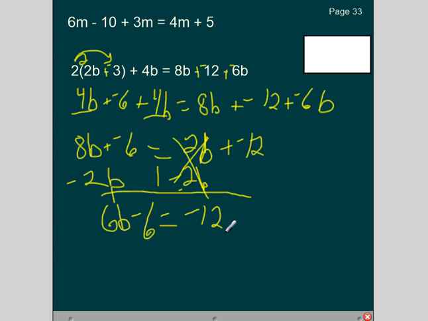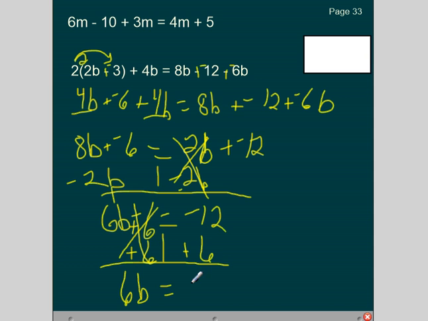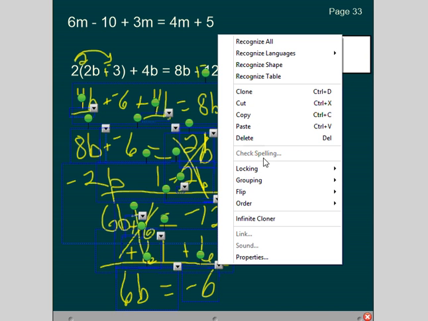And my next step is to bring all of my terms with plain old numbers, for example this negative 6, over to the other side. So if I'm going to cancel negative 6, I'm going to have to add 6 to both sides. Cross those out. And I end up with 6b equals negative 12 plus 6. Don't forget your rules of negatives. That should be negative 6. So we have solved most of this problem, but we still have to do the final